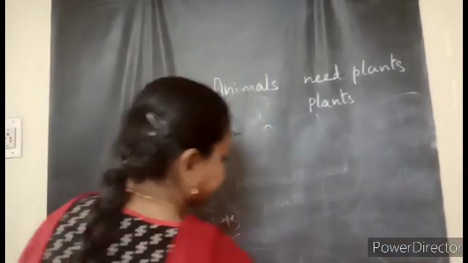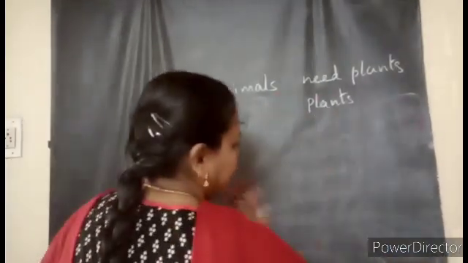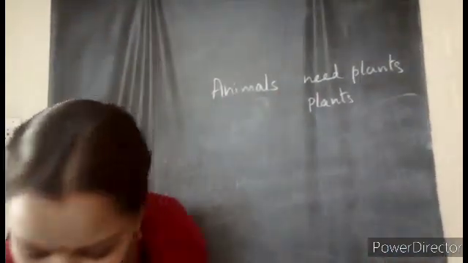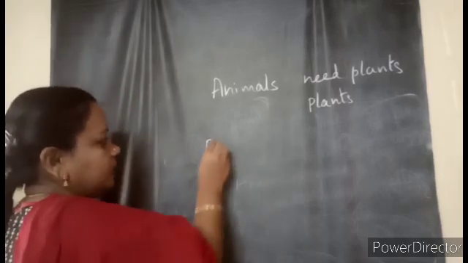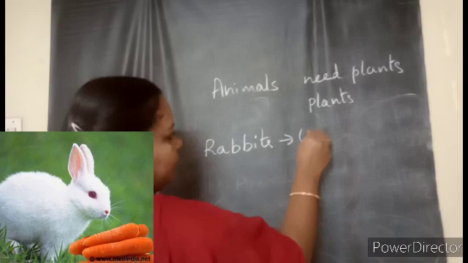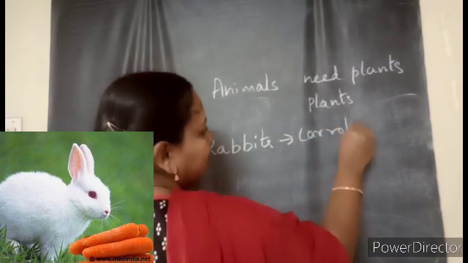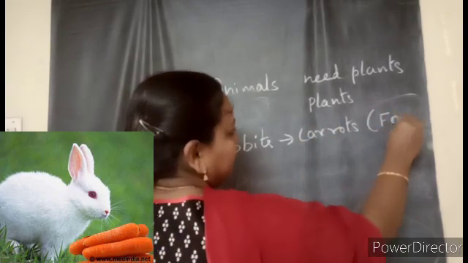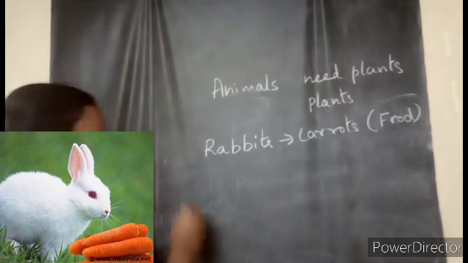Now first we will take the rabbit. So what is the rabbit's food, children? The rabbits are fond of carrots, right? So they are depending on plants for food. Yes, depending on plants for food. And